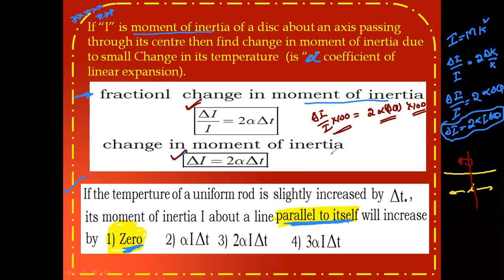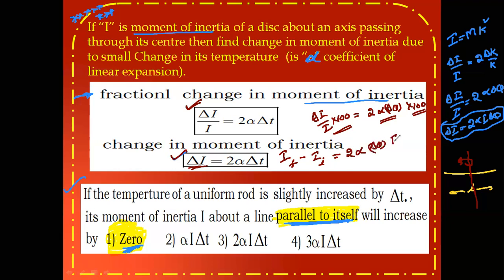One more question is also possible: delta I is equal to I final minus I initial, which is equal to 2 into alpha into delta theta